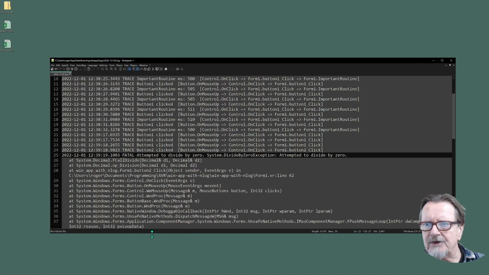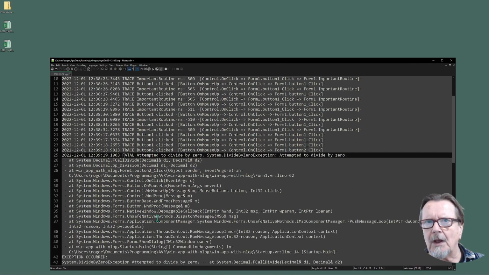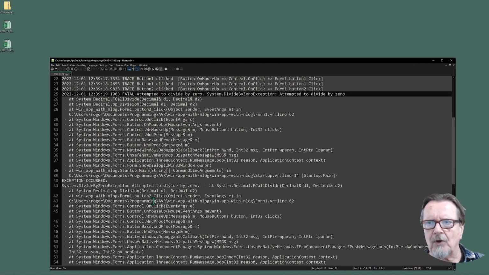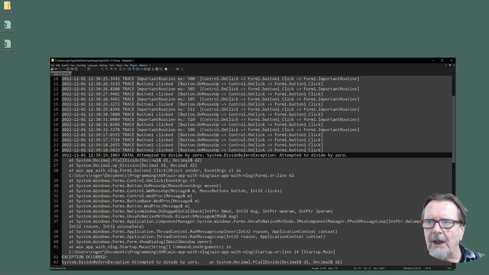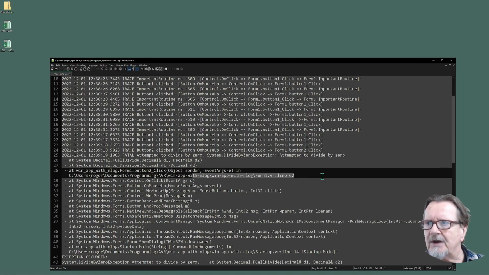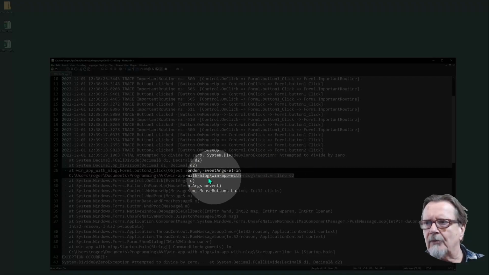set up your application so that if an unhandled exception occurs, you can log all of the information about it here. And in this case, the way I've got this configured, it logs the exception and all of the inner exceptions. So we'll talk a little more about that in a little bit. But you can really see what's going on. If the PDB file, the debugging symbols file, is deployed with the application, you can even get line numbers of